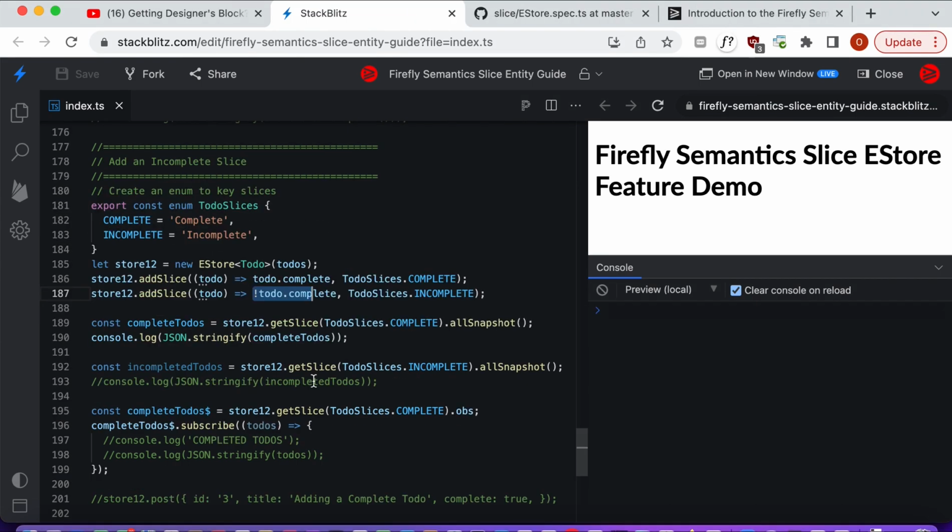All right, the last feature we're going to talk about is slices. And slices are dynamic reactive filters that we can add to the store. And we are going to add two of them, one for complete slices and one for incomplete slices. And so we'll go ahead and create a new store, and we'll call add slice, passing in the complete key here and the predicate function that filters to-do entities that are complete. And the second slice we're going to add is the incomplete slice,